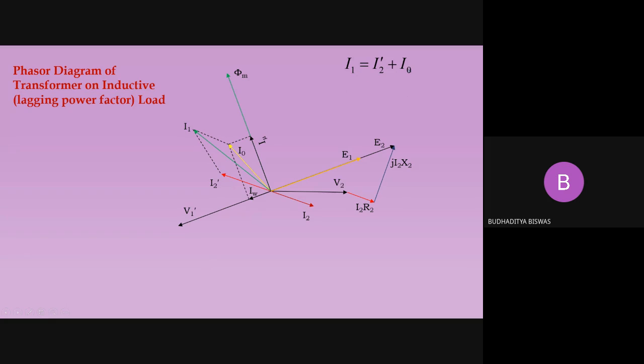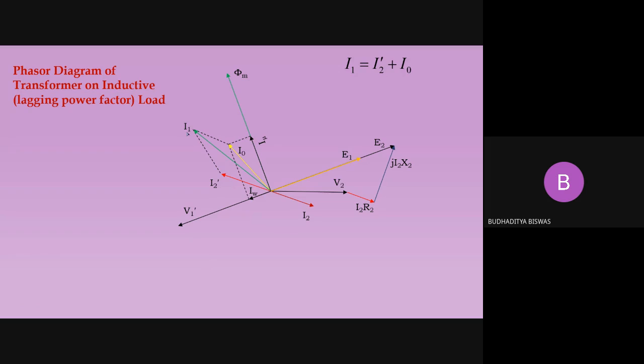But if you have the option for other foods, then you should eat the biscuit, but other food you should take as well. That is the I2 dash. So I0 should be there all the time. If the transformer is energized, I0 should be there. If it is loaded, then apart from the I0, another current will flow. This is nothing but the I2 dash. The summation of these two currents is I1, the primary current.